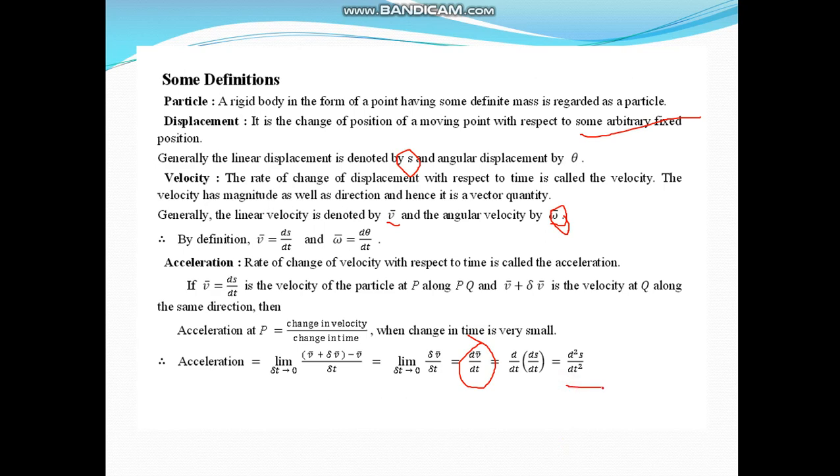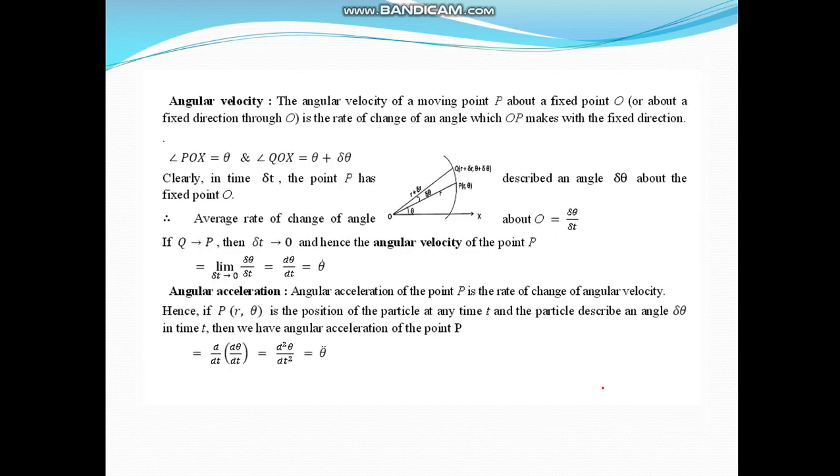by dt square. Then angular velocity. The angular velocity of a moving point P about a fixed point O is the rate of change of the angle which OP makes with the fixed direction. Now see this figure. Here we are taking OX, it is the initial line. Here it is any curve. P is any point on the curve, and let us suppose that this OP makes an angle theta with this